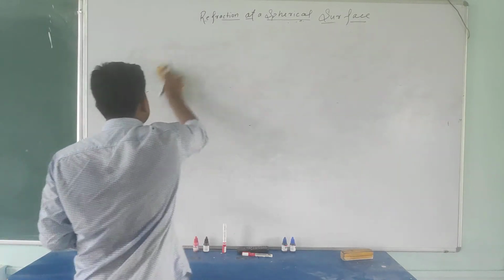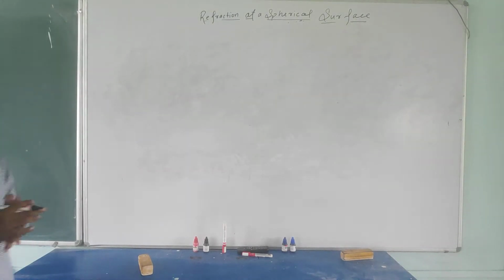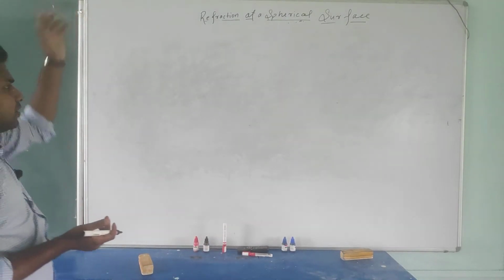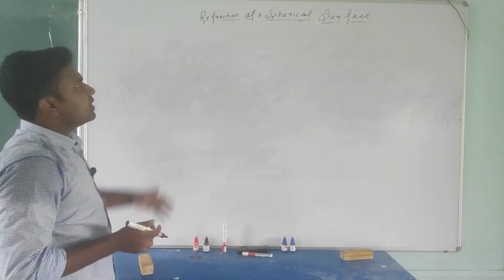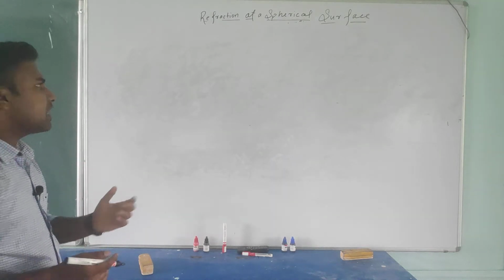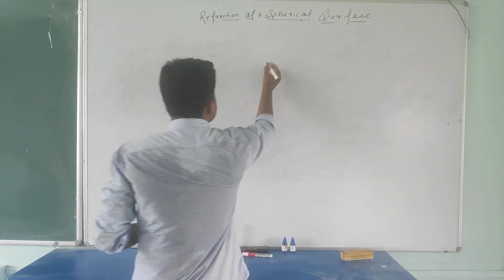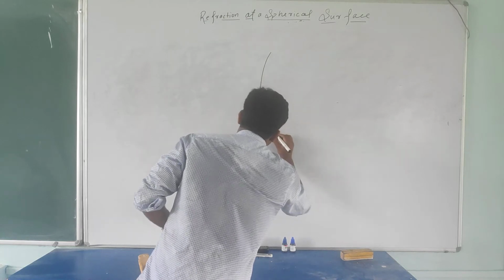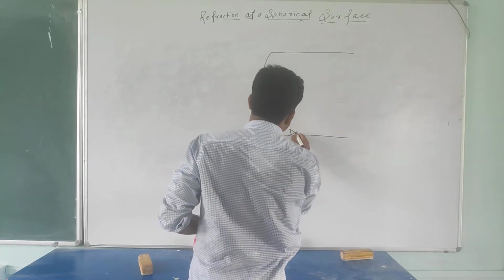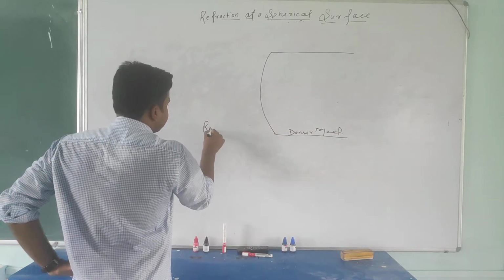Okay. After light is refracting from the spherical surface, how the image is forming, we already understand. Now we'll find a formula or a relation. Okay. So refraction at a spherical surface, if convex towards, I am assuming convex, you can also assume concave, again you will get the same. So here I am assuming this one is a spherical surface. Okay student, and here this one is the denser medium. Okay, and this one is the rare medium.